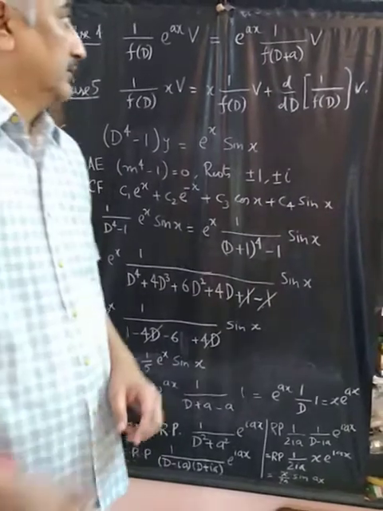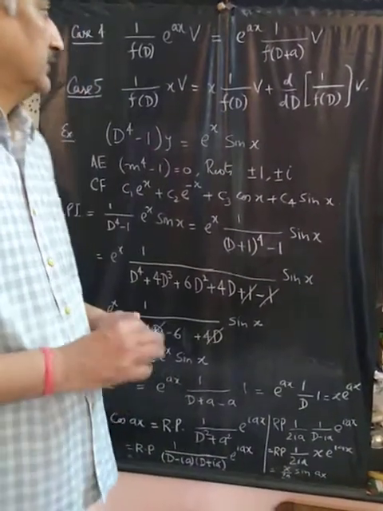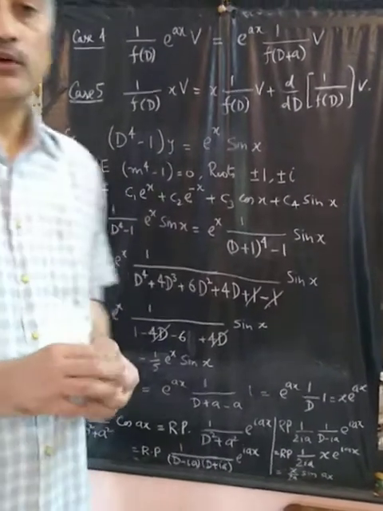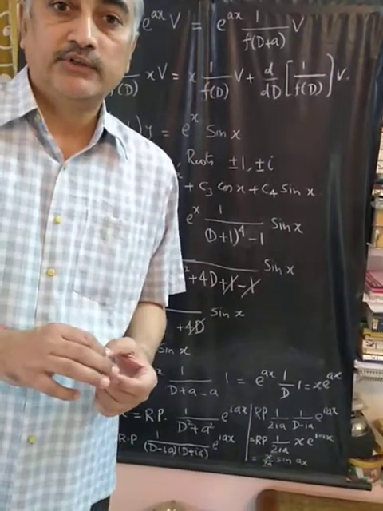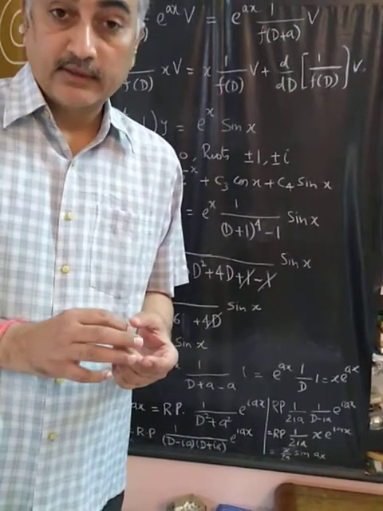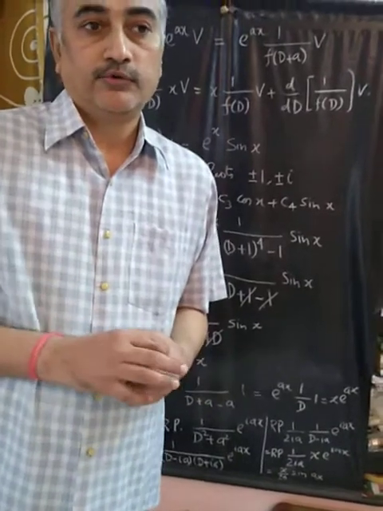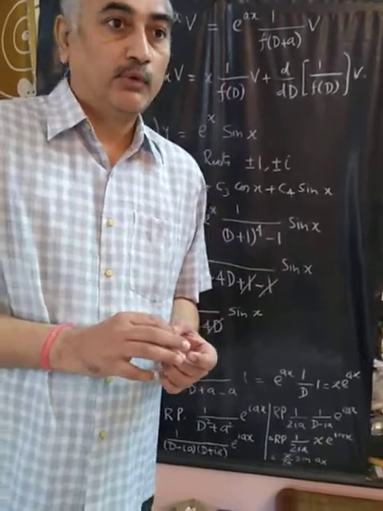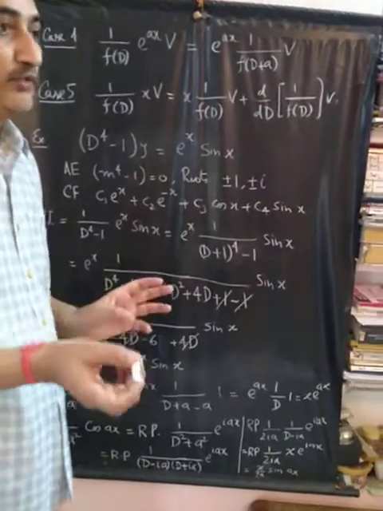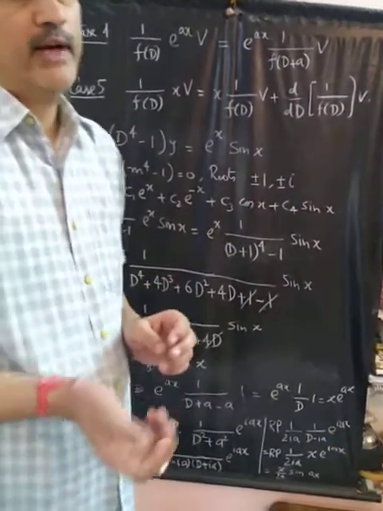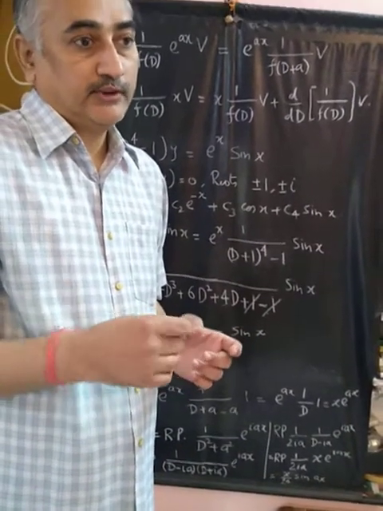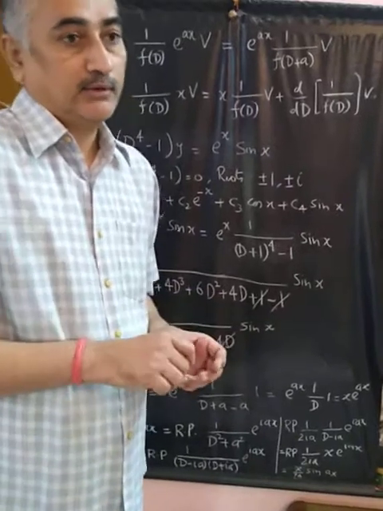So good morning. This is in continuation of my previous lecture on solving linear differential equations with constant coefficients. We are enumerating the cases of Q given a following particular form. So three forms we have discussed. If Q is exponential ax, what we write. If Q is a sine or cosine function, what we write. And then finally we have done that if Q is a power of x, x^n for example, then how to write